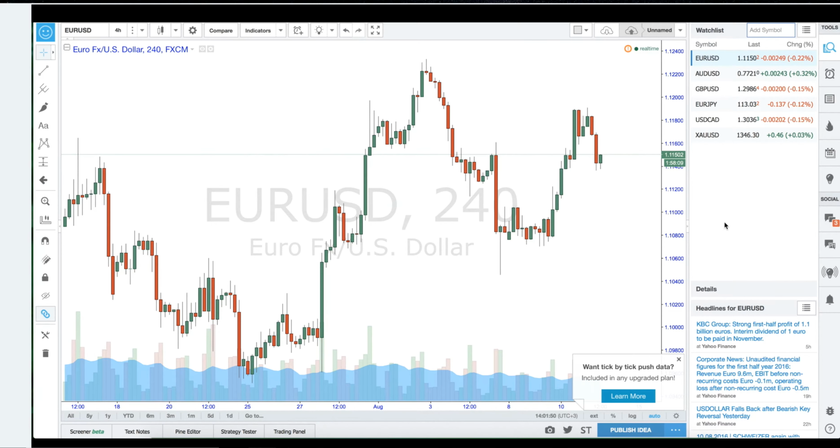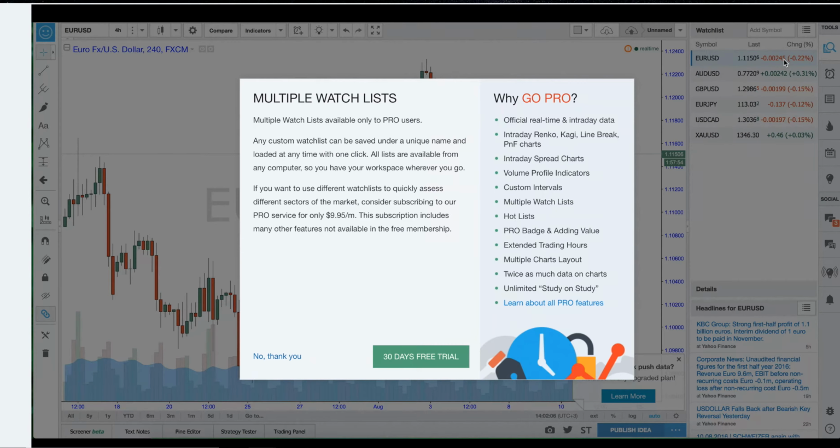There's a video later on where I go into what the watch list is and why it's important just to maybe focus on a few for the time being. But for now, this is just a demo example of how to set everything up. Once you have your watch list there, you can then click this tab again. You can go to Save List As, okay?